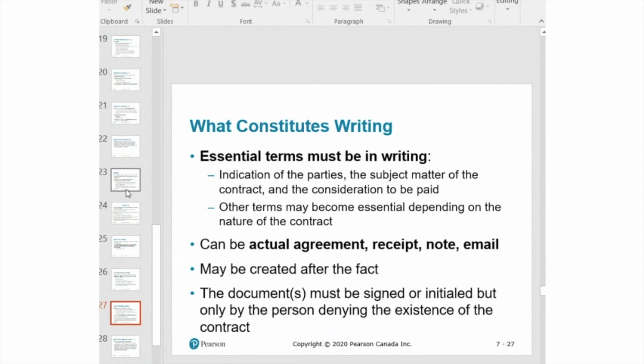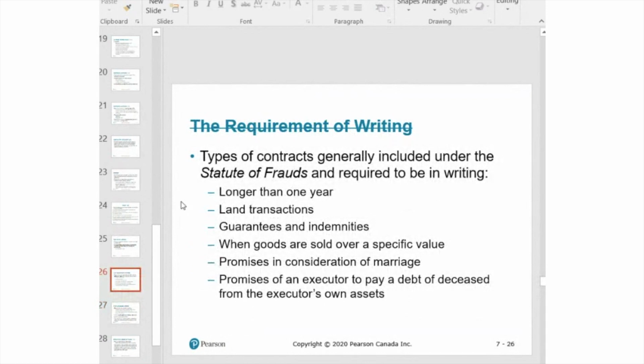Okay, so you don't need to memorize this list, but those are more examples of contracts that the law requires to have a written piece. Transactions that are longer than 1 year. Let's say you are the owner of a Tim Hortons franchise, and you have a contract with a napkin supplier. The contract is valid for 5 years, 10 years. Because it is longer than 1 year, this contract has to be in writing, or there has to be a written piece.